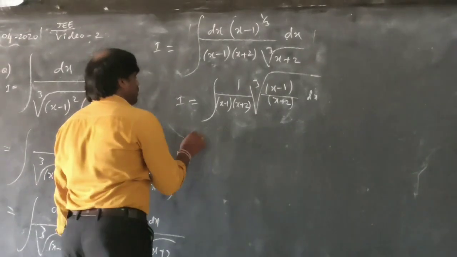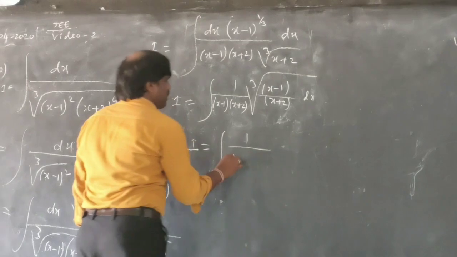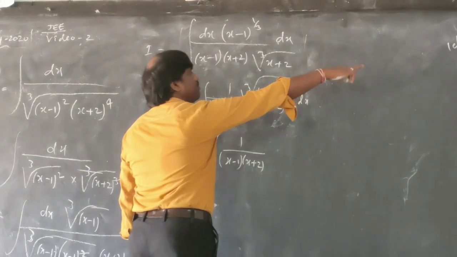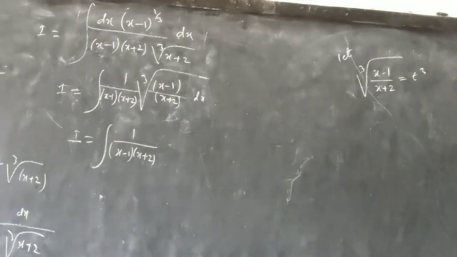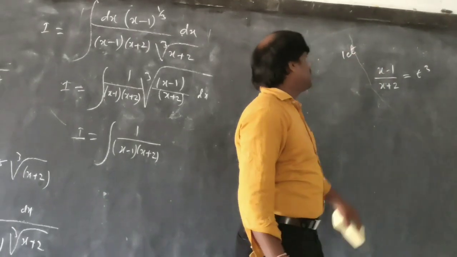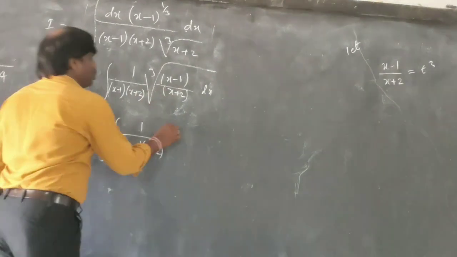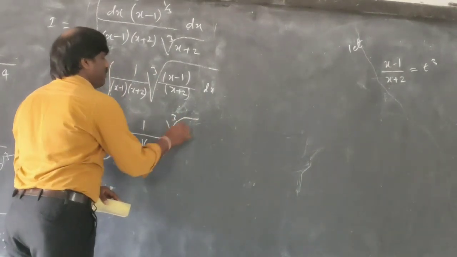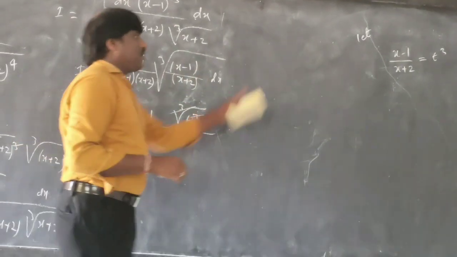So what I am going to get is important. Let us see here. I is equal to the integration of 1 upon (x minus 1) into (x plus 2), and the total becomes t cube. That is, I am taking (x minus 1) upon (x plus 2), sorry, this was a mistake, (x minus 1) upon (x plus 2) is t cube. I take only that as t cube. So I can write cube root of t cube on the numerator. And what is going to happen to dx?